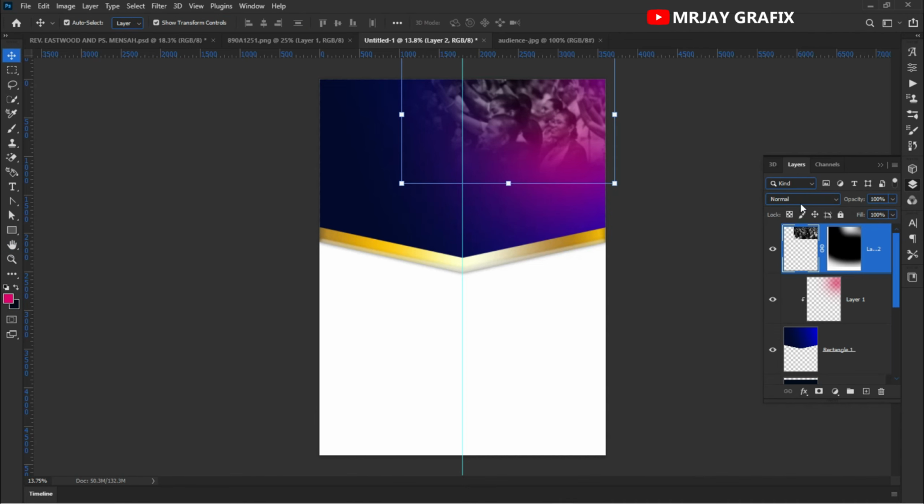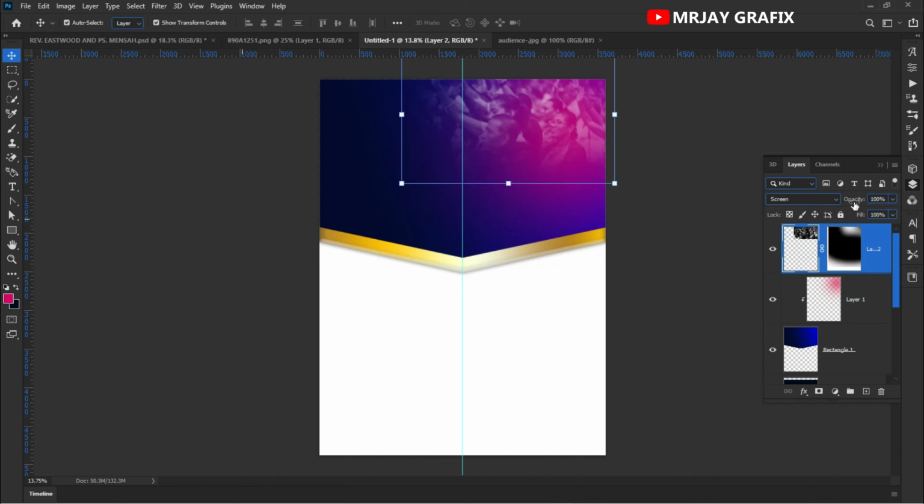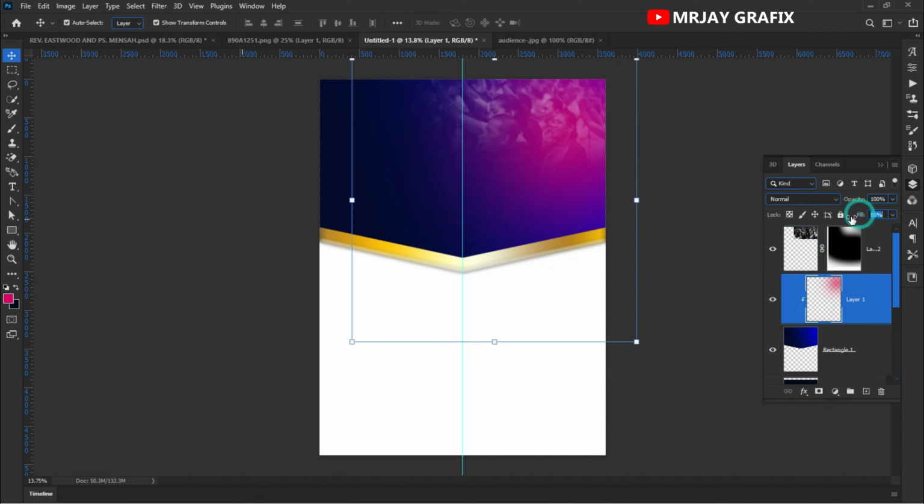Now I'm going to change the blend mode to screen. Okay, let me see, screen and overlay. Which one do you prefer? Screen, overlay. Which one do you prefer? Overlay and screen. Okay, now what I'm going to do is I'm going to reduce the opacity a little bit like this, so that, okay, now